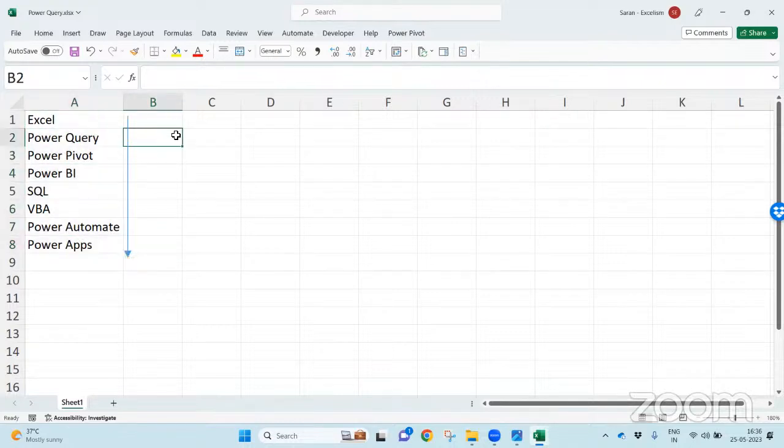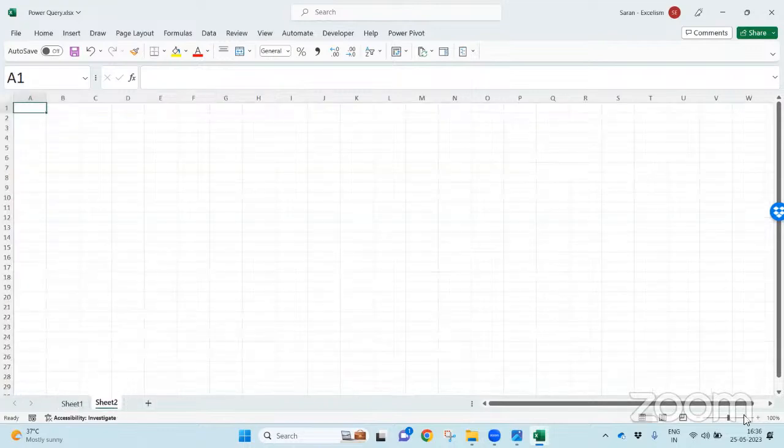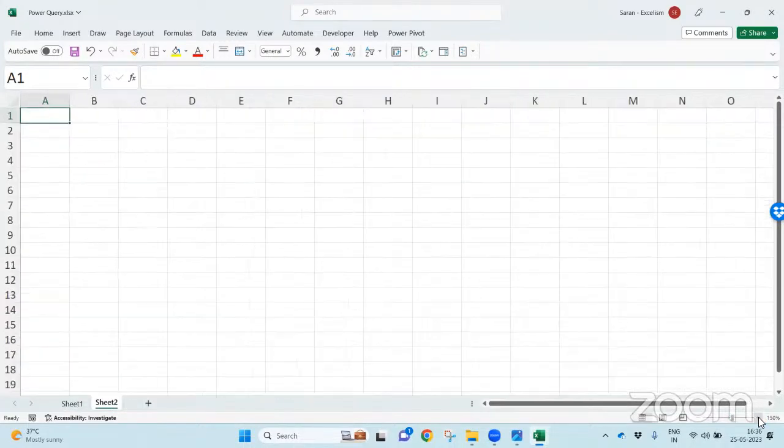I'm going to talk about Power Query. Today, I'll give you some introduction. We will try to unlock the power of Power Query. Whenever I list all these tools, many people may think Excel is a separate tool, Power Query is a separate tool, Power Pivot is a separate tool, Power BI is separate, and so on. But for your information, whatever things you are observing, the same may be there in one or another tool. So let's go to the next sheet and start looking into the concept called